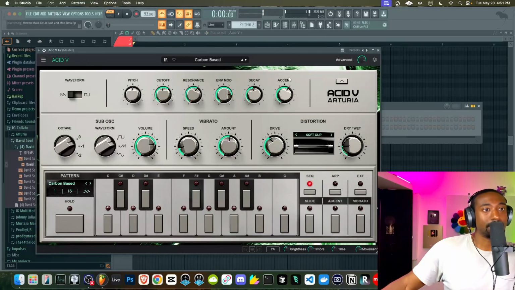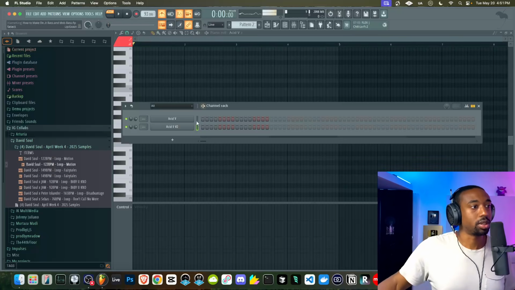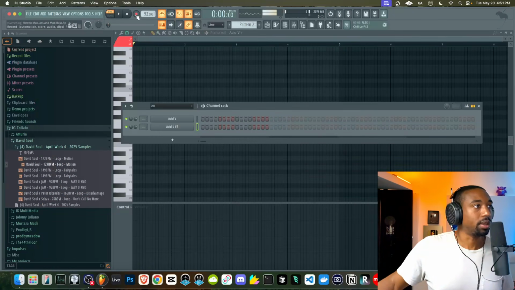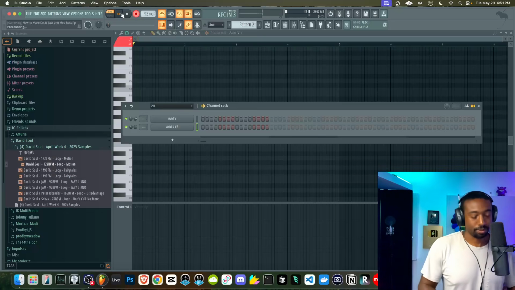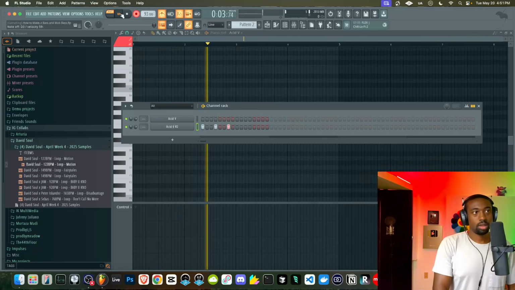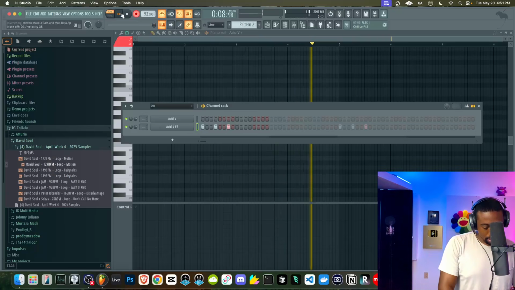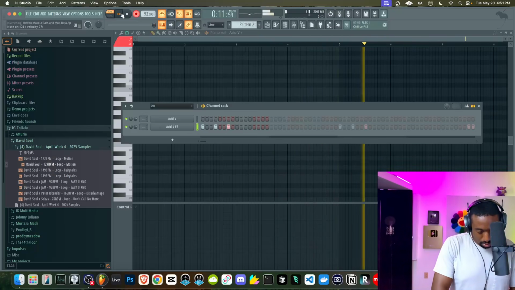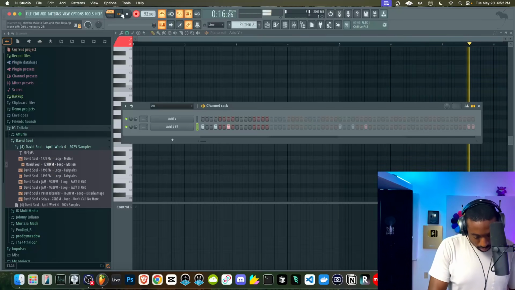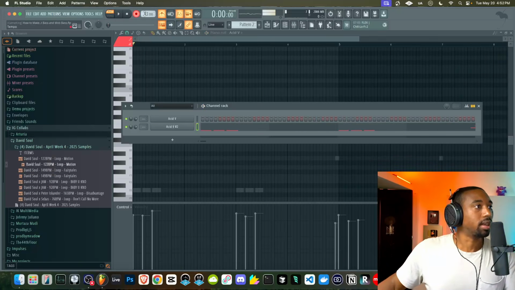Okay, so let's go to acid and we're going to make, okay. So the bass is usually, wow. It's usually Tresillo bass. So let's take off the sequencer and we'll take off the effects. For now, let's just add the notes. All right, so I just added some different notes in here.